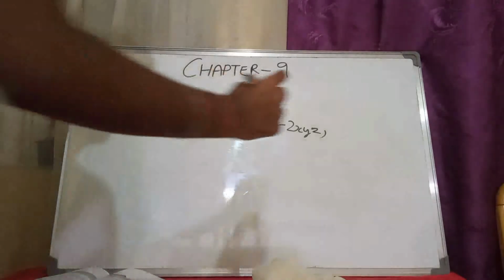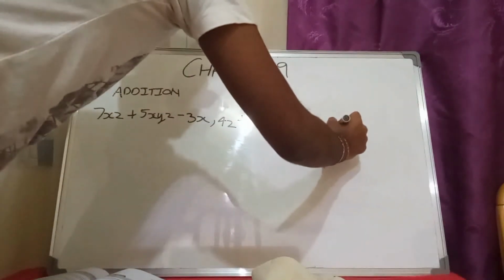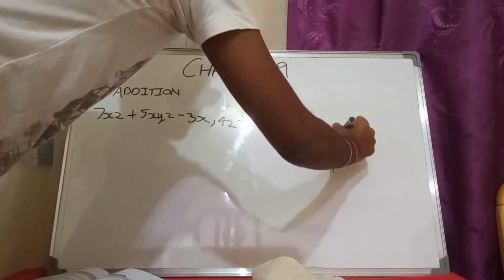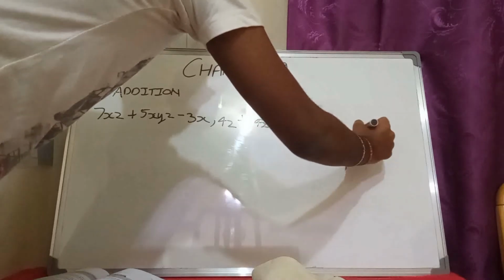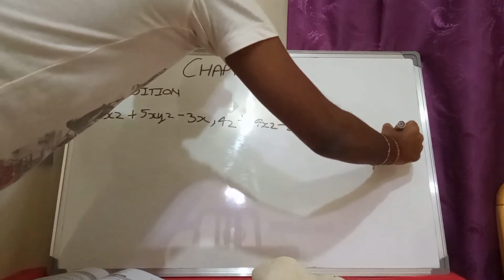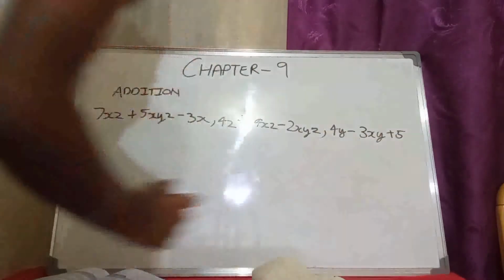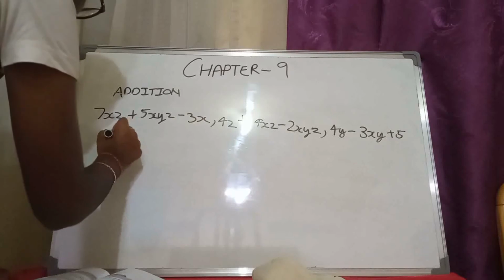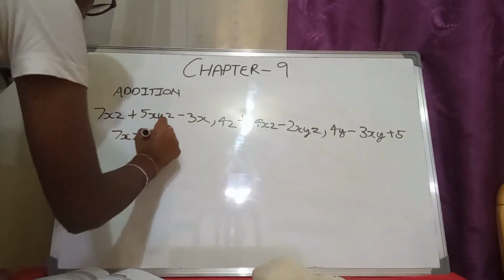We will add three expressions in this. We will have another as 4y minus 3xy plus 5. So we'll write the first expression as it is, 7xz plus